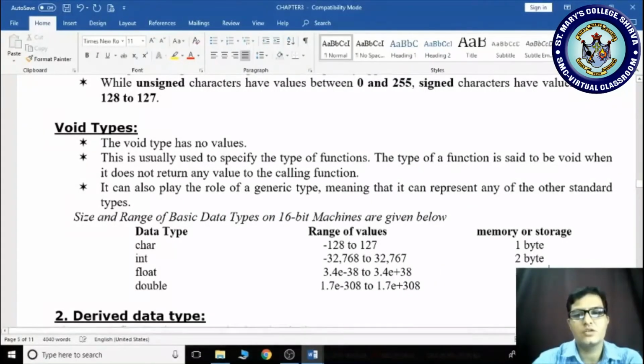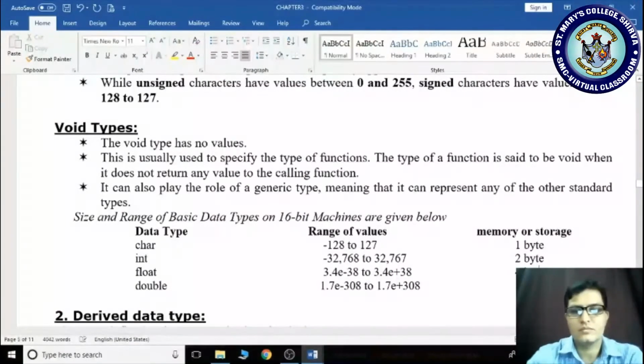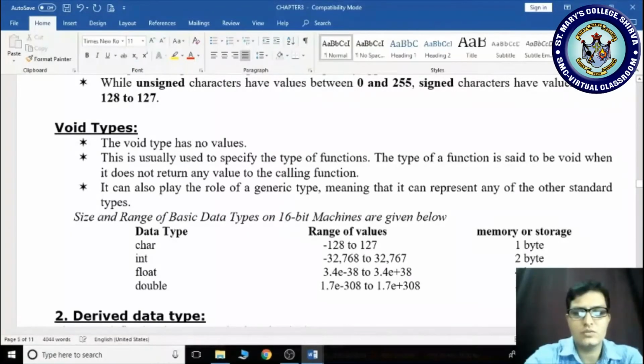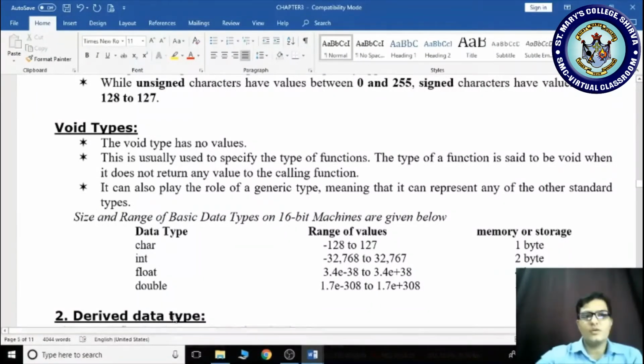So it will consume 4 bytes. 4 bytes. And next is double, with the range of 1.7e minus 308 to 1.7e plus 308. So it consumes 8 bytes. It consumes 8 bytes. Okay. So this is about your data types.